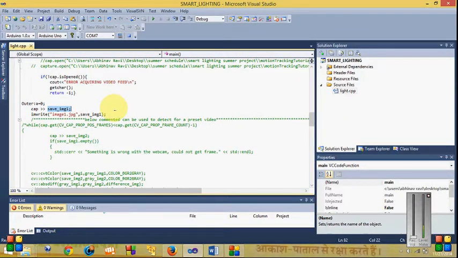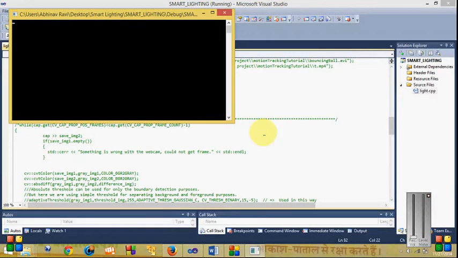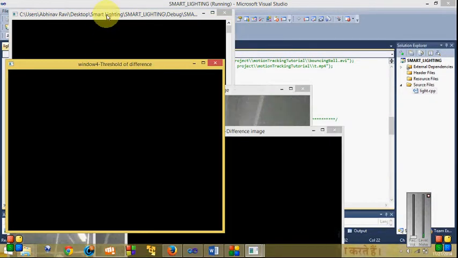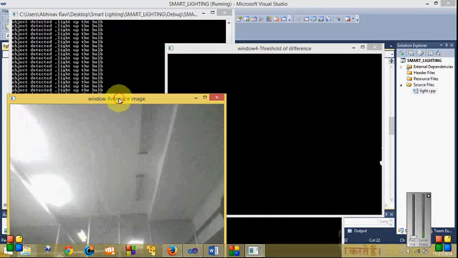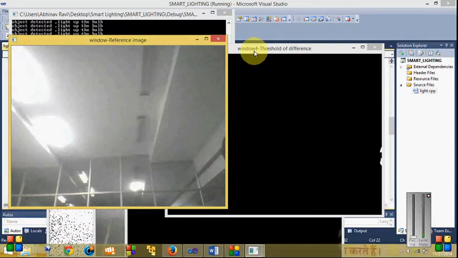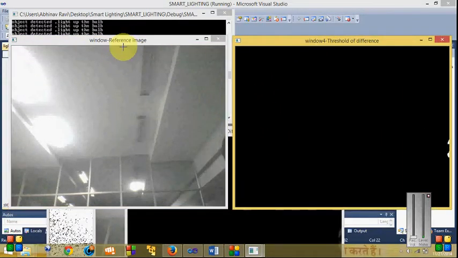Now the camera will take the incoming video frames and compare them with the stored reference image for the sake of any change between the two. Let me show it once more with the open corridors like this. Again, this is the console in which, if some person comes, it will say that lights have to be on.